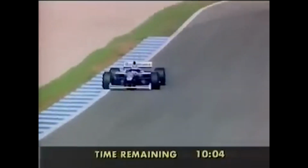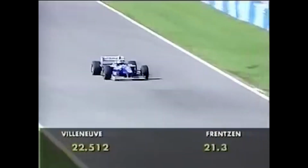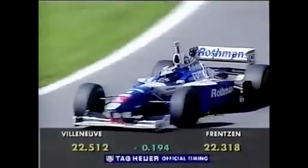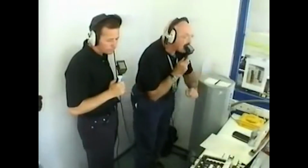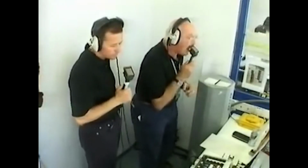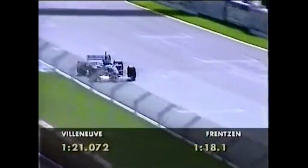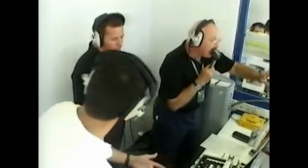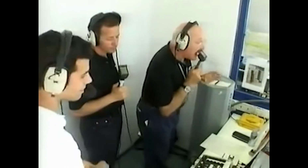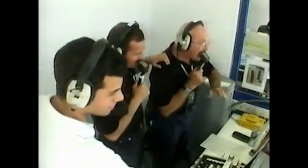And Heinz-Harald Frentzen is approaching the end of the first sector now. And this is going to give us a very good indication. And he's inside Villeneuve's time. This is certainly a pole position time coming up for Heinz-Harald Frentzen. And it couldn't have happened at a better time because team orders will count tomorrow. And Heinz-Harald Frentzen, this is amazing. I cannot believe this. Heinz-Harald Frentzen has done exactly the same time as Jacques Villeneuve and Michael Schumacher and stays